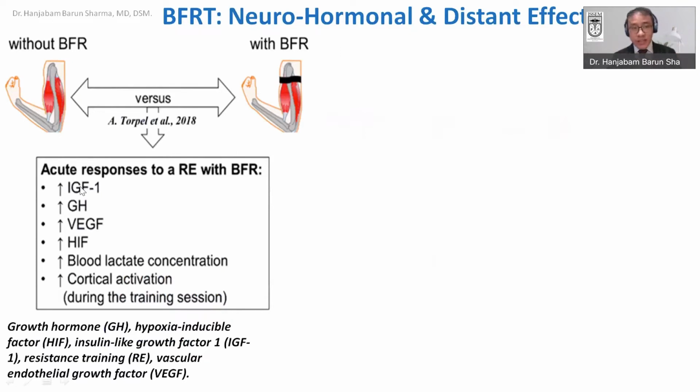For example, there is an increase in growth hormone, an increase in IGF-1, that is the insulin-like growth factor 1, and an increase in VEGF, that is what we call the vascular endothelial growth factor, and hypoxia inducible factor, HIF, also, apart from the increase in blood vessels. But one thing which they have also seen is there is increased cortical activation during the blood flow